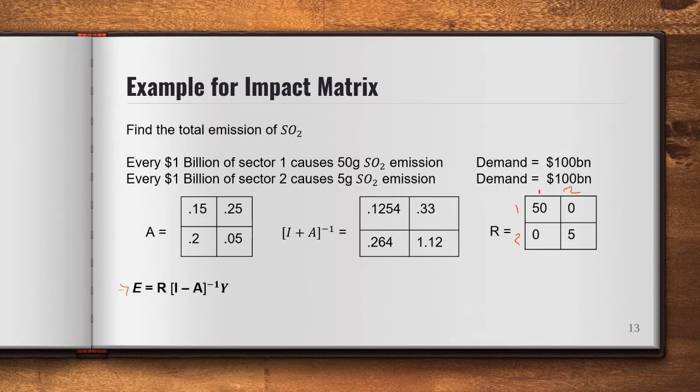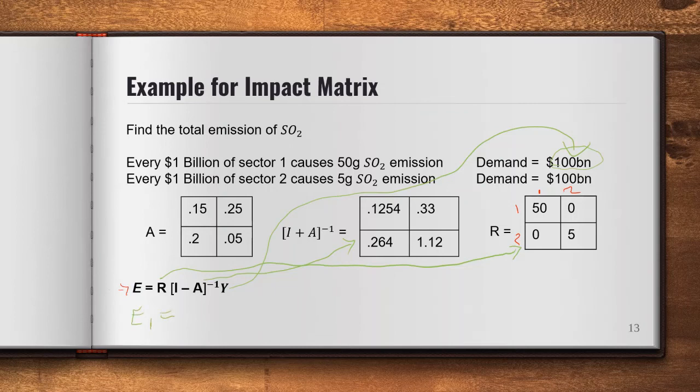If we just try to simply plug in the values, R we know will come from here, and we know this (I minus A) inverse is just going to come from here, and Y we know is the final demand, which is this one. So let's just try to solve this. We want to find the impact of what if this much is produced by sector 1, meaning $100 billion of the demand is the demand of sector 1. So we want to find what the sulfur dioxide emission will be of this two sector economy that we are talking about. So that will be E1,